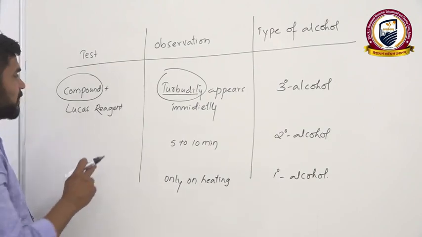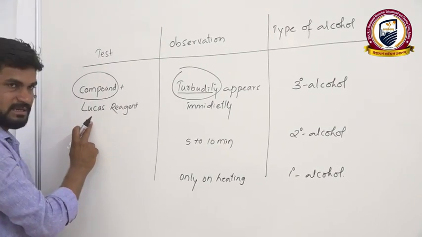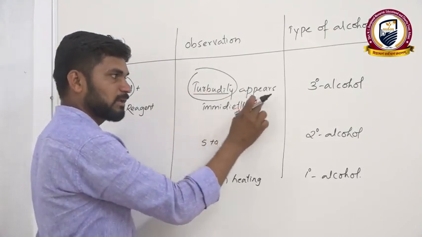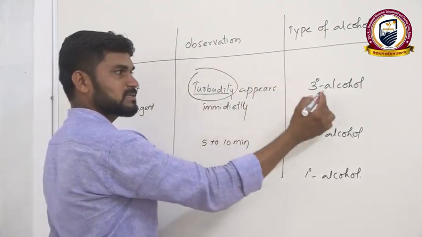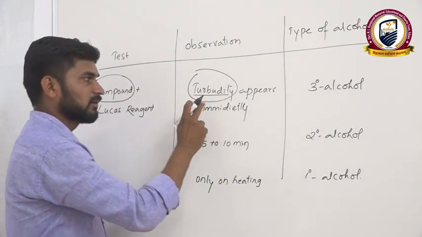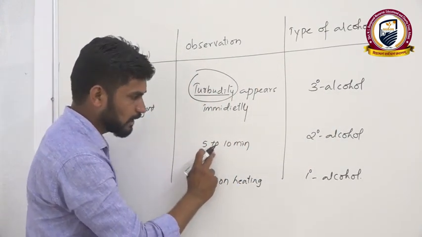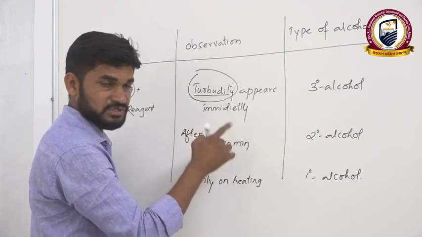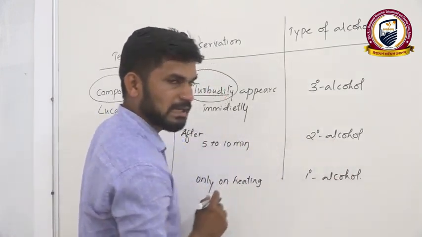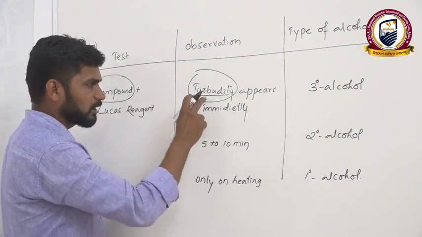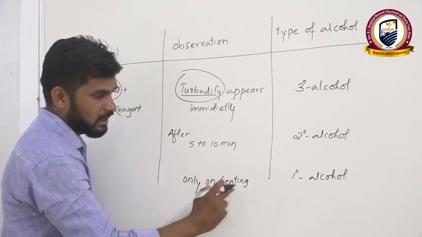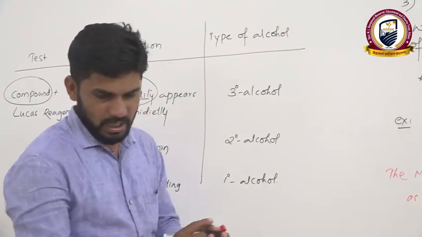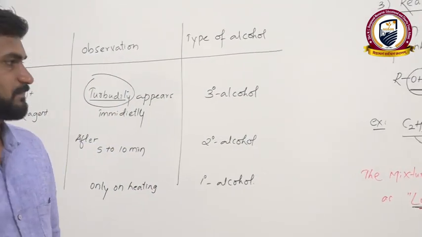So this shows how the primary, secondary and tertiary alcohols can be distinguished with the help of Lucas reagent. If we mix a compound with the Lucas reagent, there is an appearance of a turbidity. If that turbidity appears very immediately, that compound is called tertiary alcohol. If the turbidity appears after 5 to 10 minutes, such type of alcohol is called secondary alcohol. If the same turbidity appears only on heating, that type of alcohol is called what? Primary alcohol. Okay, and the next reaction is